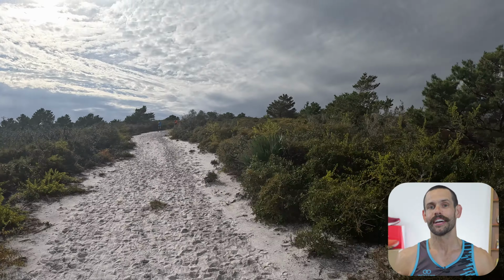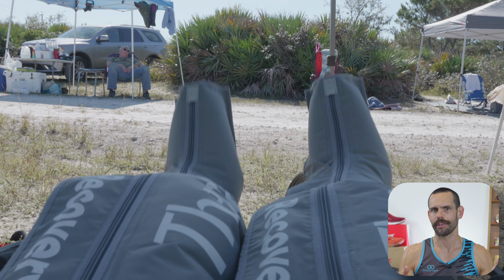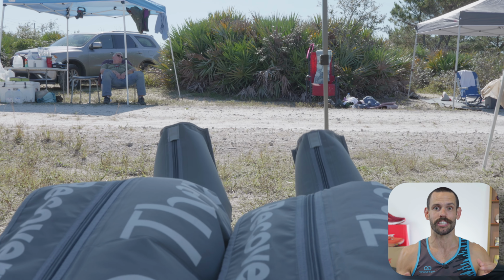Oh, and if you can't tell, the trail is 95% sugar sand, which adds to the difficulty quite a bit. As you can imagine, there was some strategy involved. Which races do I run easy? Which do I run hard? How do I prioritize recovery in between the races, not only the individual races, but each day? I'll explain all that as I walk through the trials, but let's start off with the Waning Gibbous 30K, which